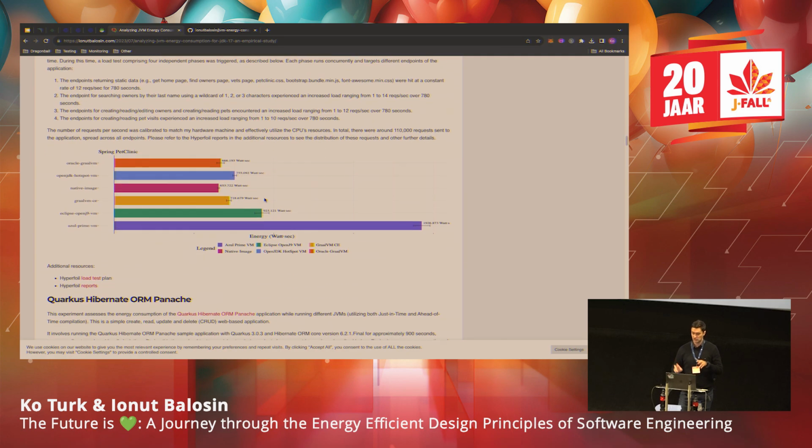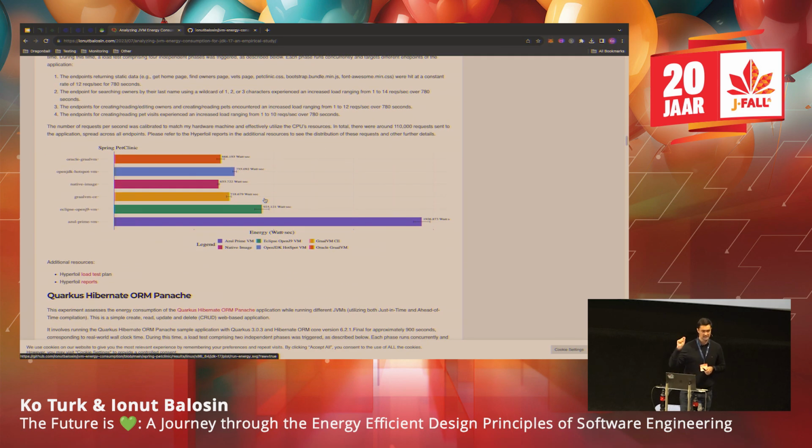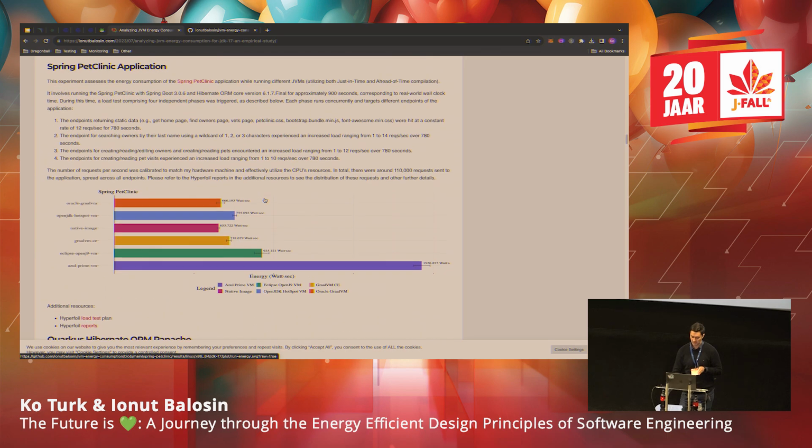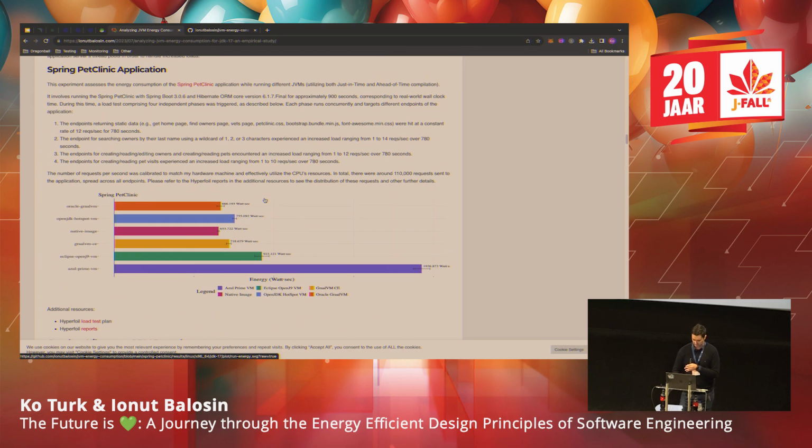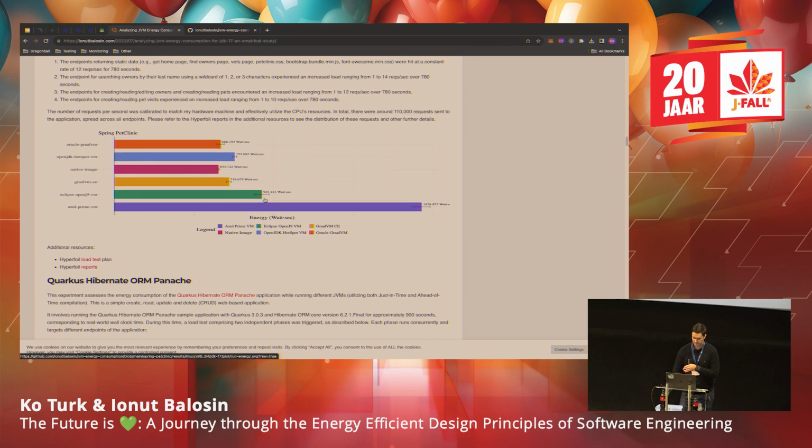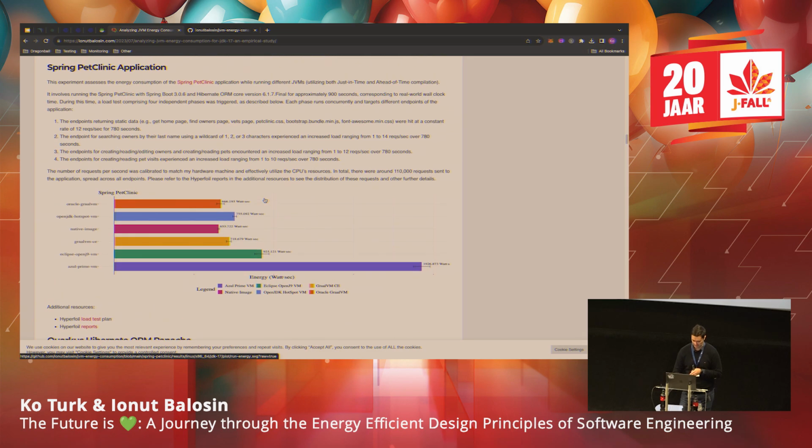We started the JVM with the perf command. We told it to monitor the energy, and during this interval we triggered the load test. I admit it was not a heavy load test.